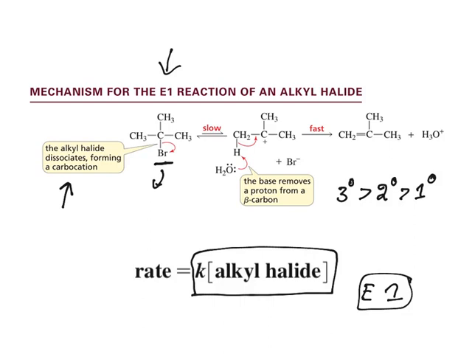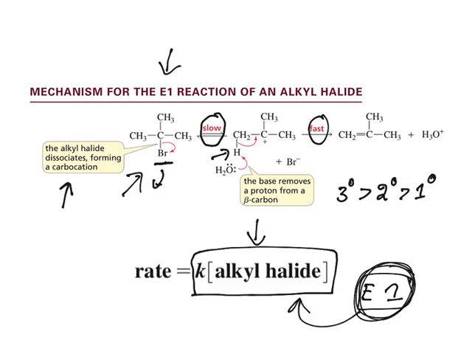Once a carbocation is formed, a proton goes away and it forms a double bond. And this step is very fast. So the rate determining step, the slow step, is forming a carbocation, and that depends upon the alkyl halide. Hence the rate is determined by only one molecule. Hence it is known as unimolecular. The reactivities are similar to E2, more favored with tertiary. Why? Because the tertiary carbocation is more stable. In E2, tertiary is the more substituted one, so it is more preferred.